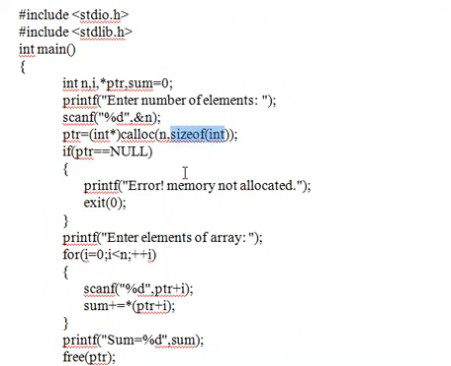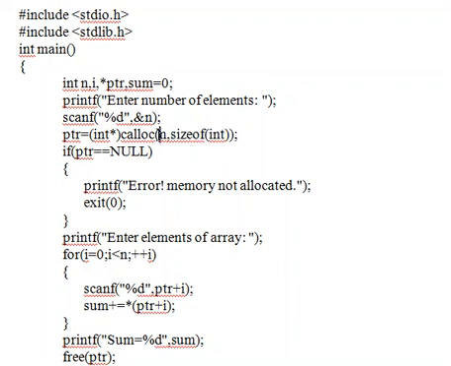So here I am writing the sizeof function. The sizeof function will give the size of a data type. So here sizeof int gives the integer data type size. For example, if the integer data type size is 2 bytes, then the sizeof int function gives the value 2 bytes.